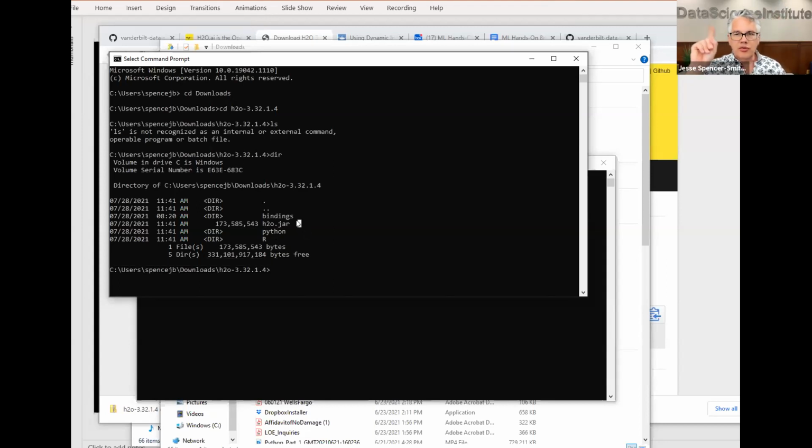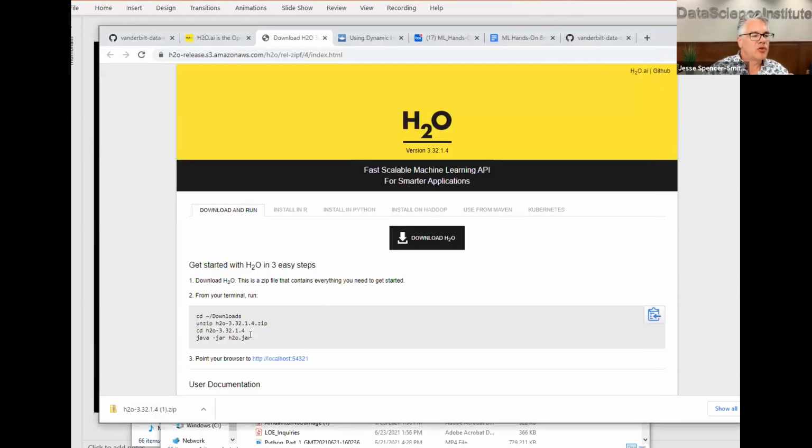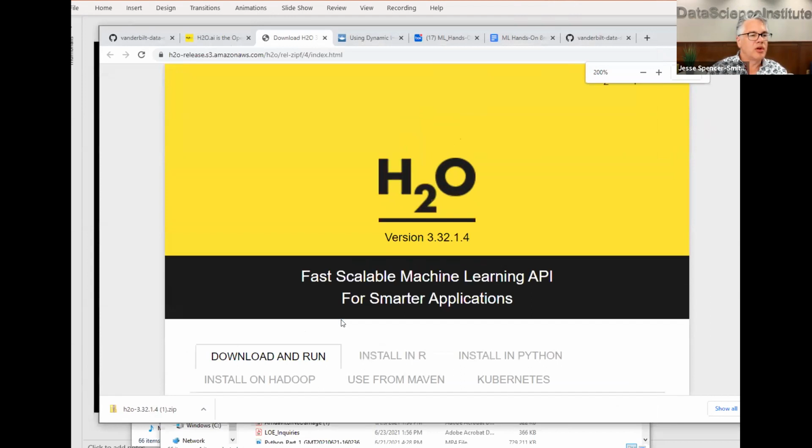So now we're going to check to see if you already have Java installed and the right version of Java installed. Recall that we had instructions here, and it said go ahead and give this command: java -jar h2o.jar. I'm going to make it a little bit bigger so you can see it.